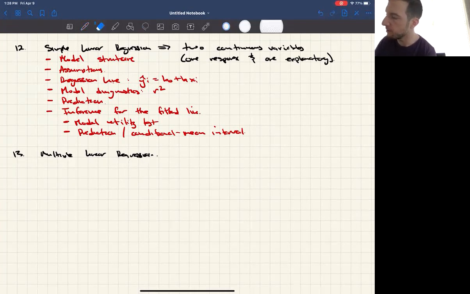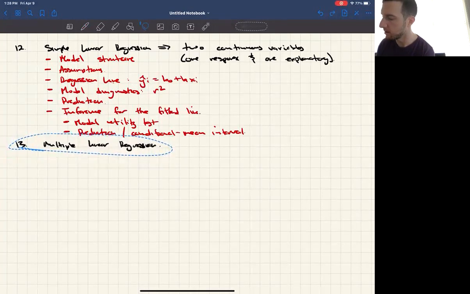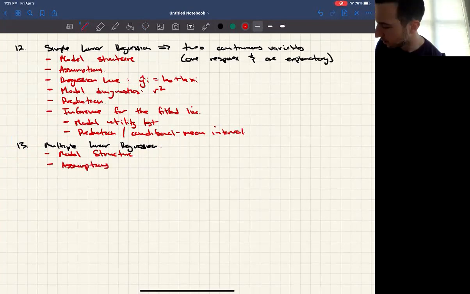Okay, and then in lecture set number 13, we talked about, again, model structure and assumptions. But then we didn't talk as much about fitting the line. The rationale was that fitting the line comes from linear algebra and the background is a bit beyond the scope of the class. So we focused on starting from the point where we already have the estimates for the fitted model. So we talked a lot about interpretation